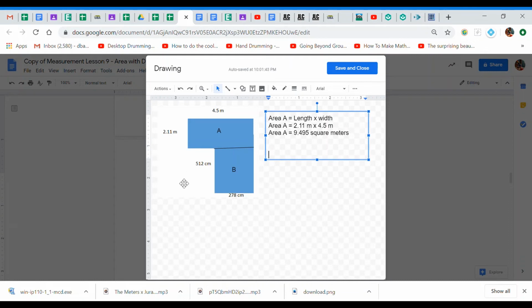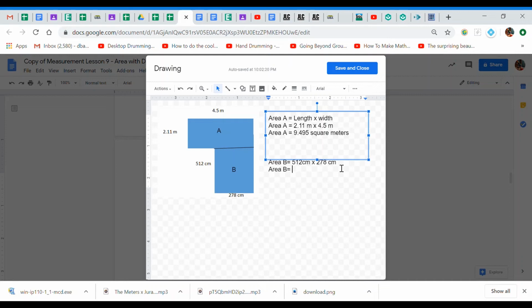So that's area A. But area B, we have our work in centimeters. So we got to convert before we multiply. So I'm going to convert these before. So area B is 512 centimeters times 278 centimeters. But we know we have to have square meters. So I'm going to rewrite this before multiplying